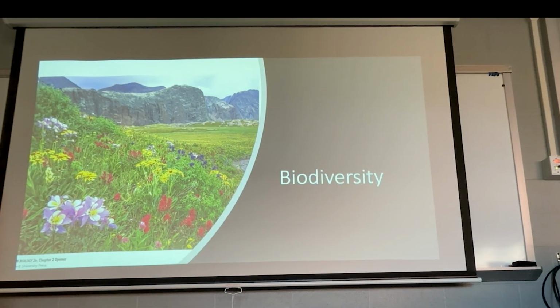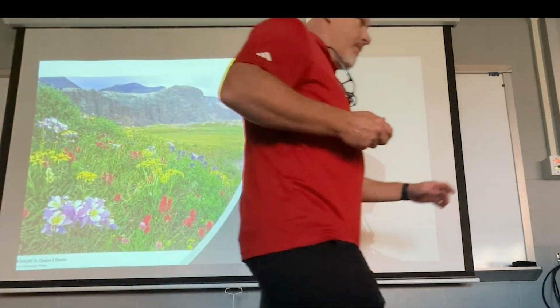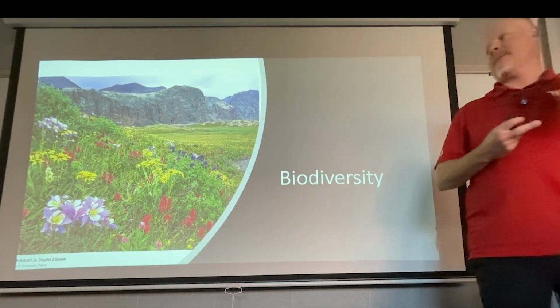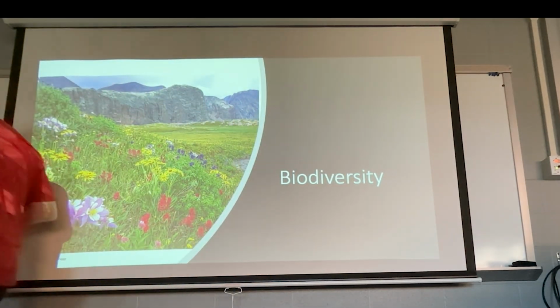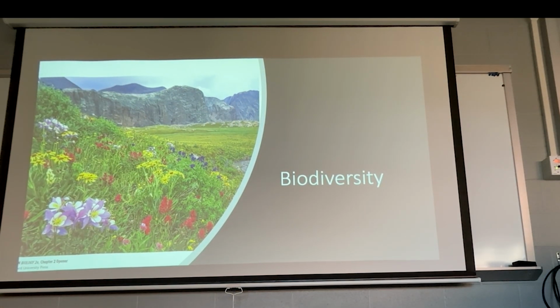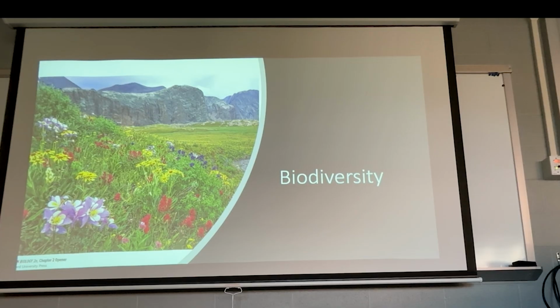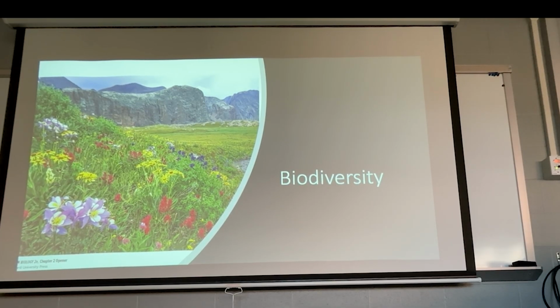All right, so biodiversity. Biodiversity revolves around ecology, the number of species, what communities can hold what number of species, and how those species interact. You can start comparing things like how abundant something is, if we're talking about a community, for example. Remember, a community is a group of organisms that interact, like this montane or prairie here that has a ton of flowers in it. So we could call this a community.